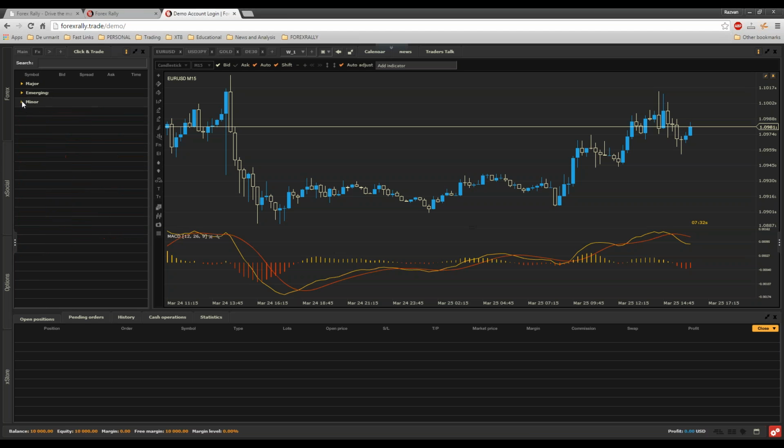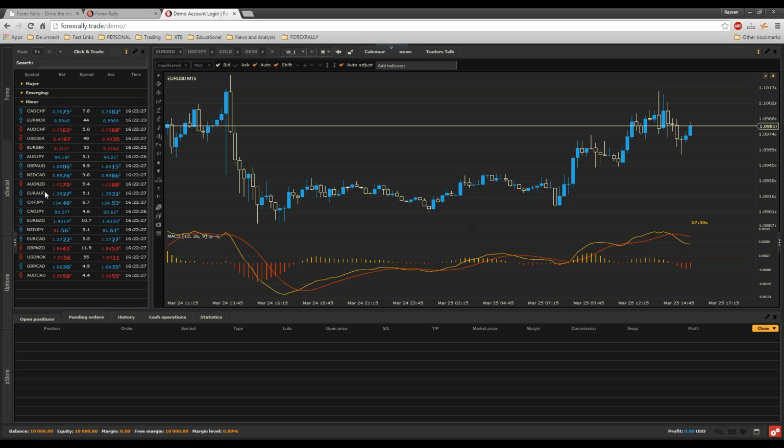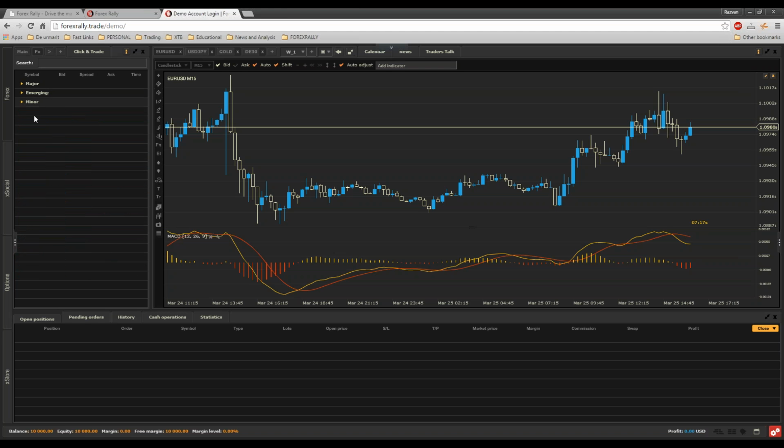And we have the minors, which are other currency pairs, other combinations, known as cross pairs. The Australian dollar with the New Zealand dollar, or euro with the Australian dollar, and so on. So you have them sorted. If you trade just Forex, you'll have them here. But you'll see that you have commodities, you have indices, you have CFDs, which are actually equity CFDs. You can trade and speculate on stocks.